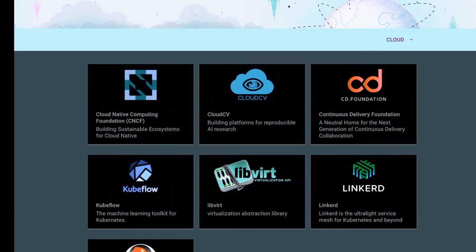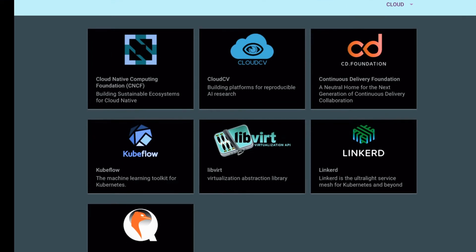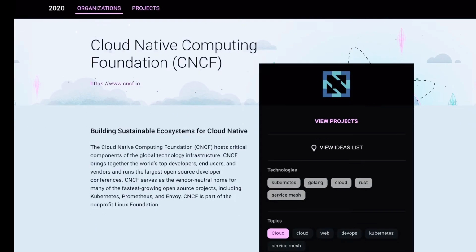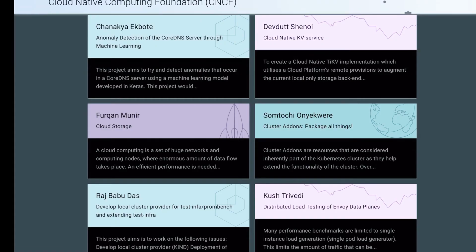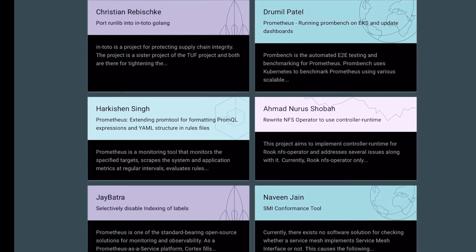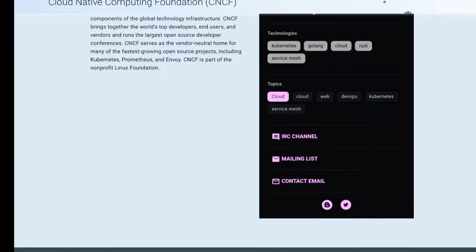Let's say you are interested in that, and you choose CNCF, the Cloud Native Computing Foundation, which is really large and has a huge number of projects going on. So you can see more students under that project. If you are involved in this